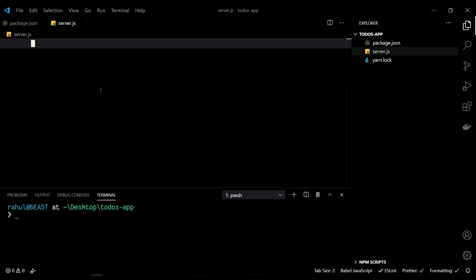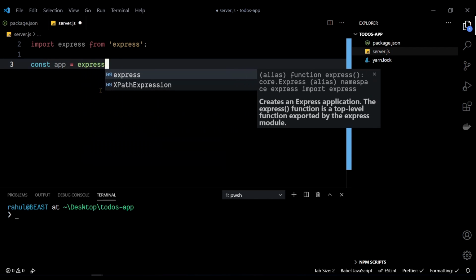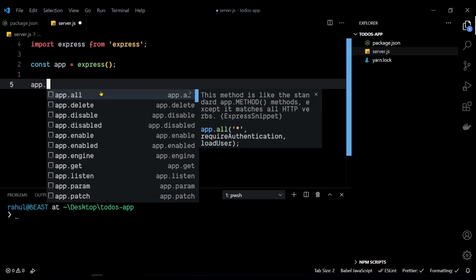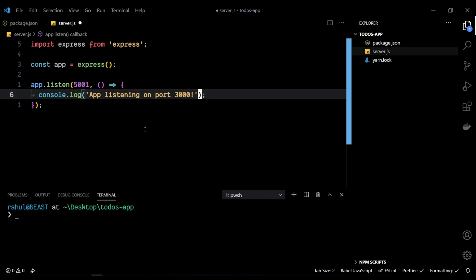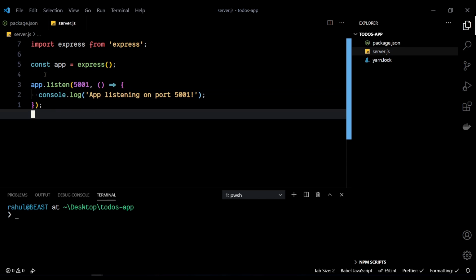Now, to create a basic Express app, I'll first have to import it, and to import it, I'll use import express. I'll create a basic Express app and call it app. I'll initialize it this way, and I'll need a port to listen for requests, so let me hardcode that port as 5001, and you can see app listening on 5001. So this is the callback function that will be called when we are listening on that port over here. And when we run this using node